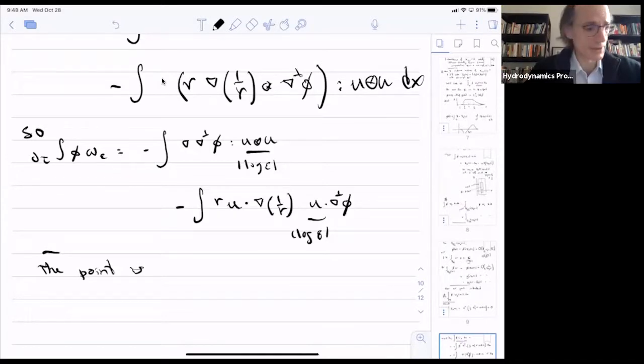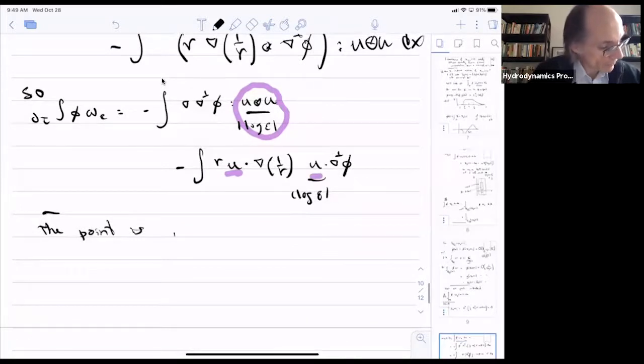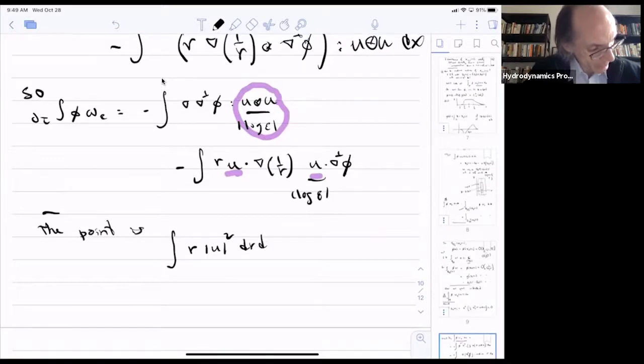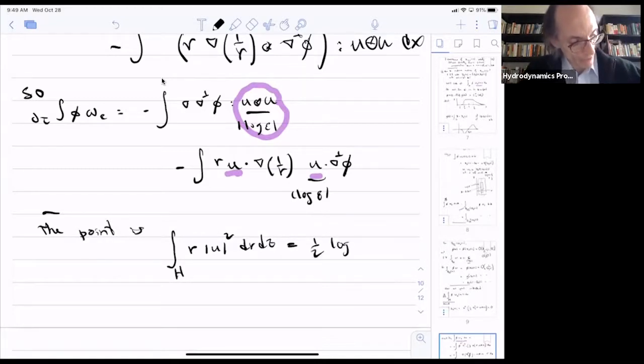That's what we have to ask ourselves. Because what we see here are things that can be controlled by the L2 norm of u. This is quadratic in u. This too is quadratic in u. I've written it in a way that conceals that. But the point is that the integral of r u squared dr dz over the half plane is like 1/2 log epsilon